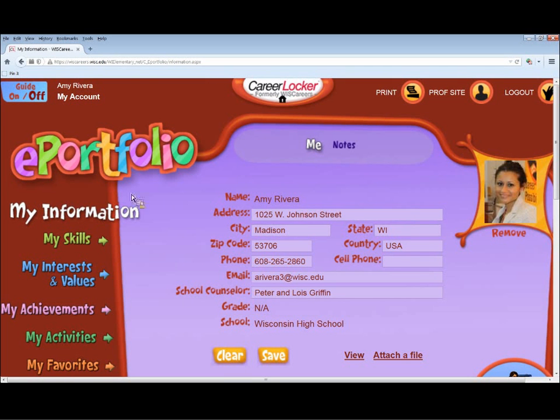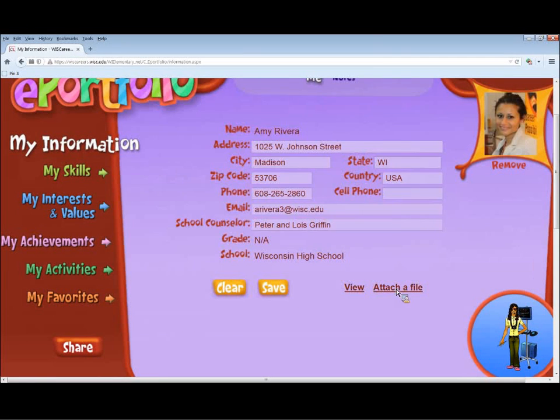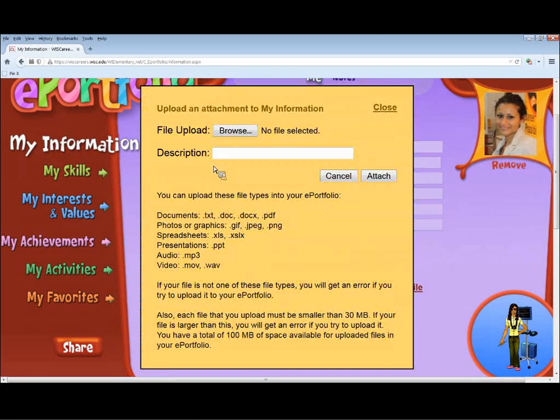This very first section is a section for our personal information. We can put our name and address. I even included a photo of myself. And students can attach files. Files can be documents or graphics or spreadsheets. They cannot be more than 30 meg per